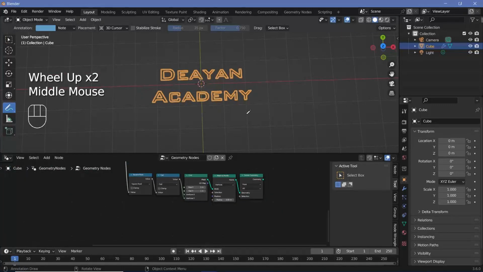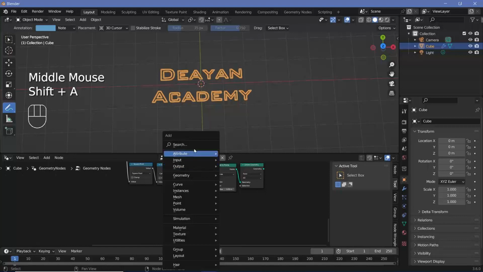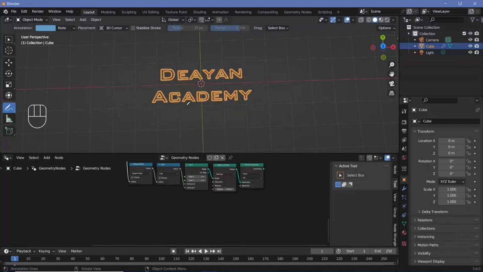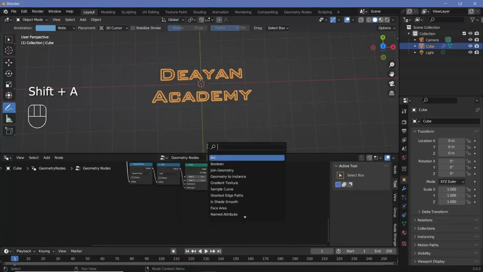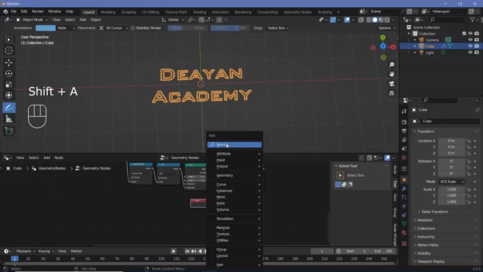So we know that every single point has a unique index which starts from 0 and starts counting up. Hence, I'll have to just compare the points to their indices, and if the index of a point is greater than the number required, we delete it. So I press Shift A and search for an index node, and I'll press Shift A and search for a